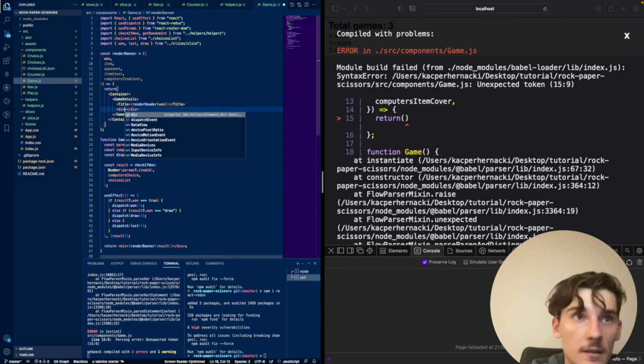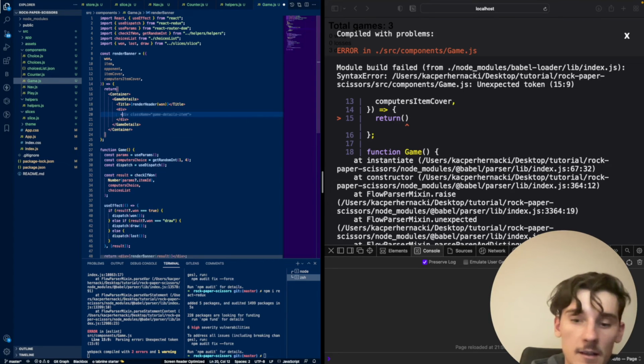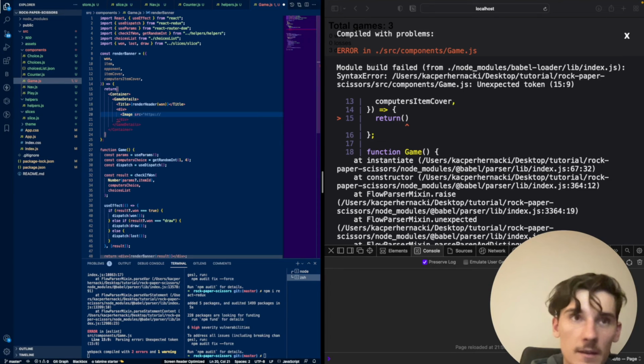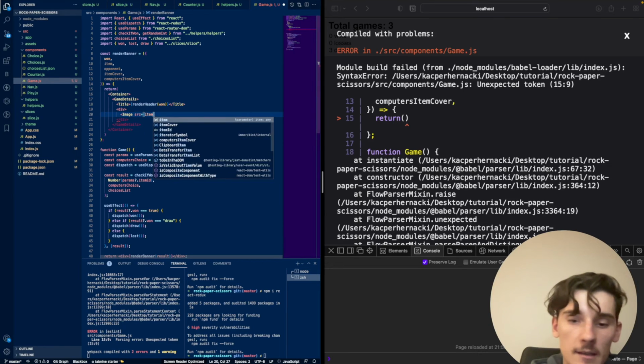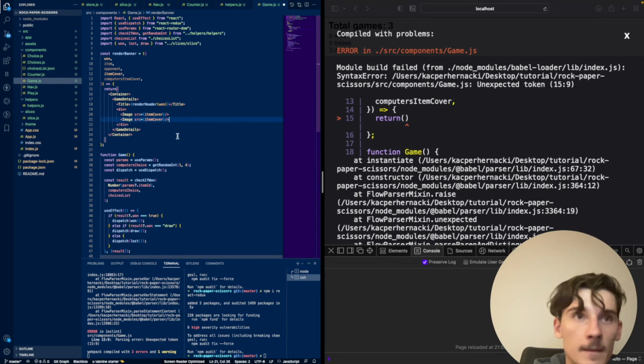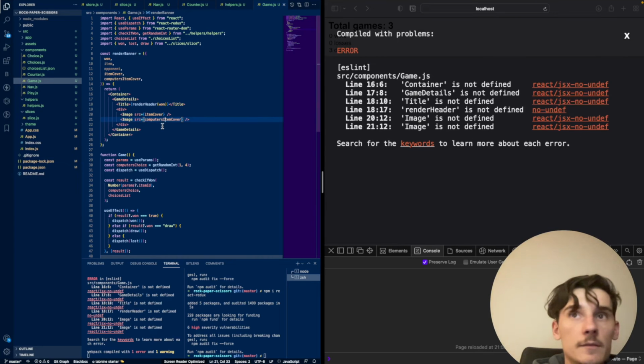here another div to make it clean, 2 images, so basically there will be shown the picked by me image of an item and by the computer. So I am adding the source item cover, another image, computers item cover,